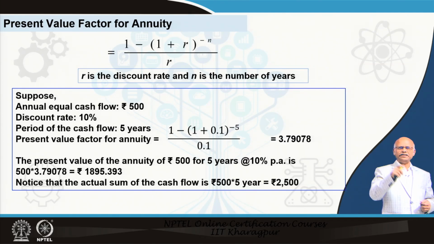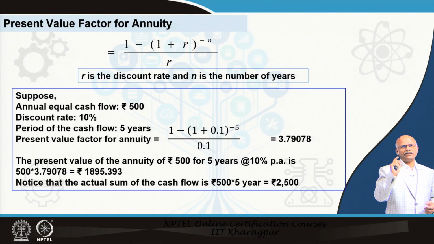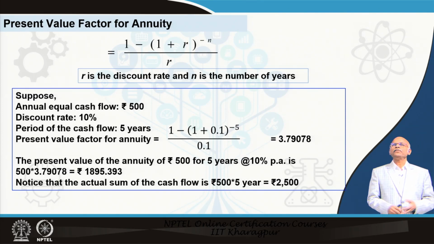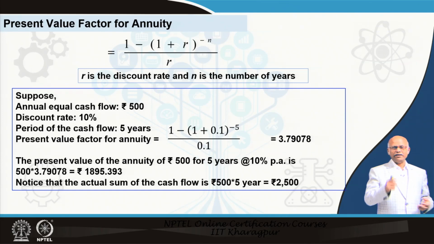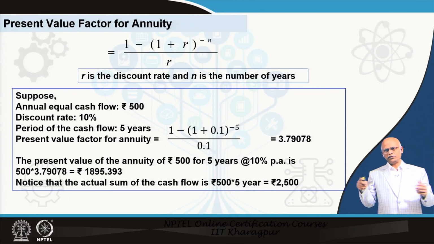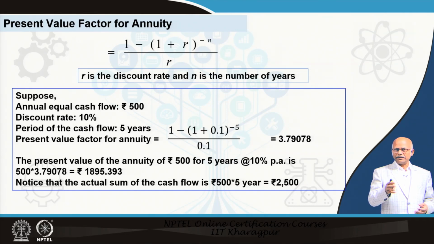So, the formula is here. There are only two variables. One is R, that is the discount rate, you call it interest rate. Another is the number of years, that is N. So, if you know the number of years and you know the interest rate in decimal, then you can estimate the present value factor. So, for 5 years at 10%, the factor is 3.79078. Similarly, if you just substitute the value of R with say 0.13, so 13%,